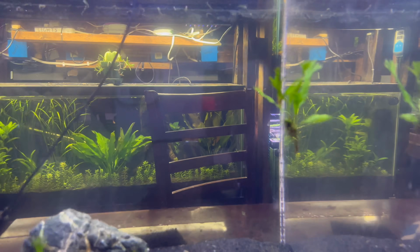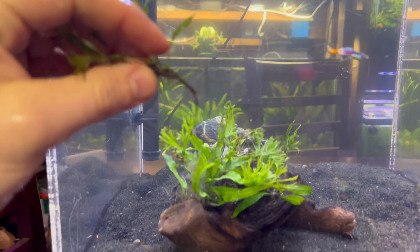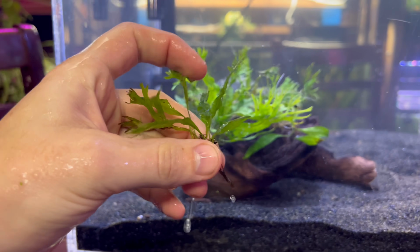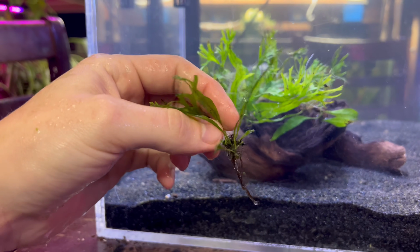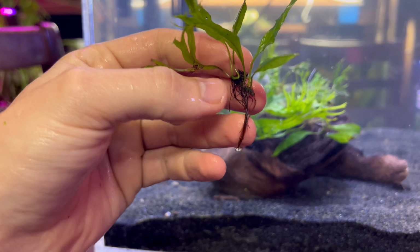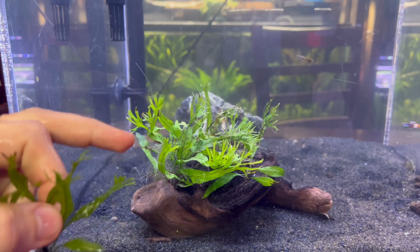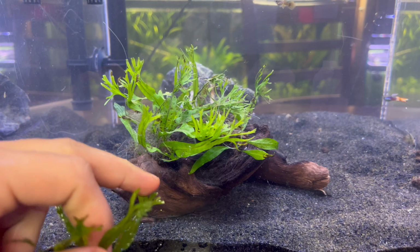But this plant actually, because we're not planting it in the substrate, the roots prefer to grow into the spores of wood. They've done studies and they've proved that these roots love to grow into the spores of wood. So the best case scenario for this plant is to be attached to driftwood. So to take proper care of Java fern, I would get yourself some driftwood. I would super glue it to the wood. And with about 6 months of time, the roots will grow into the spores of the wood